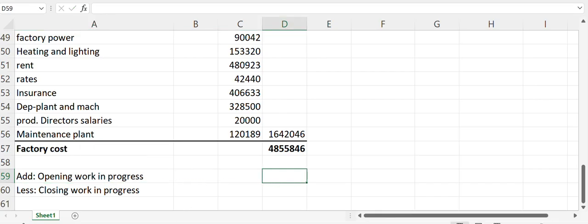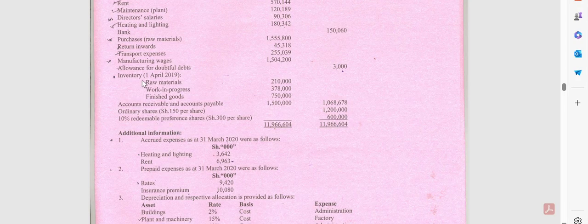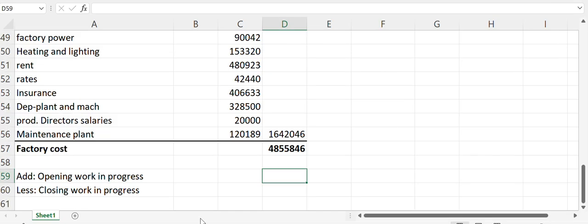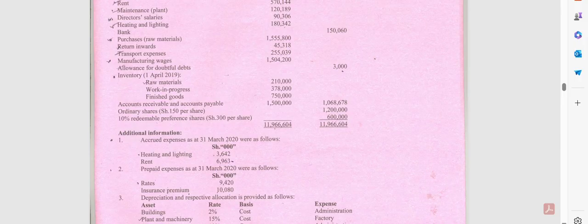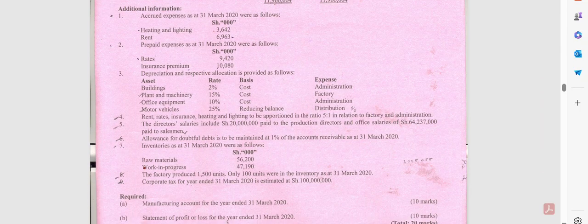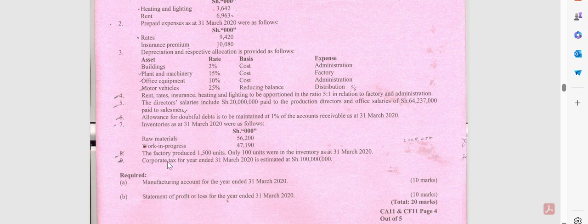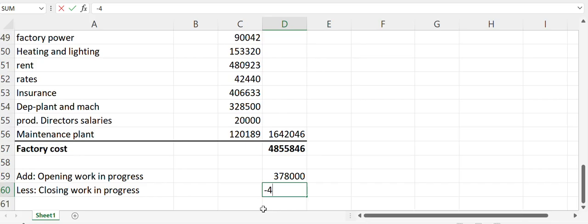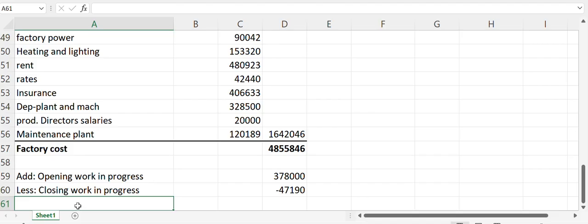So the opening work in progress is in our trial balance, which is 378,000. Then closing work in progress should be in our additional information number 7, which is 47,190. So this one should give you what we call